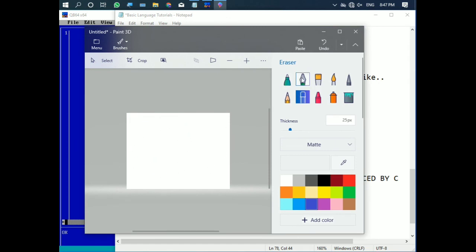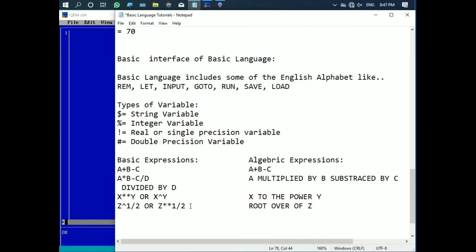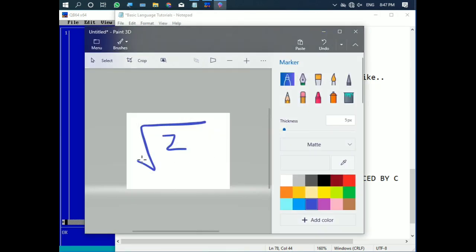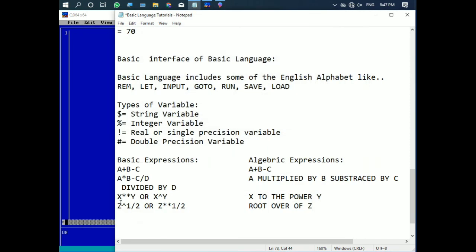Let's erase it now and write root over z like this. In the keyboard we cannot do these types of things, but in the basic expression we can do this obviously. We can write z, then the power sign, 1 by 2, and 1 by 2 means half. We know that root over z means z to the power 1 by 2, or z double multiplied by 1 by 2. So instead of root we are writing these. These are all the important things.